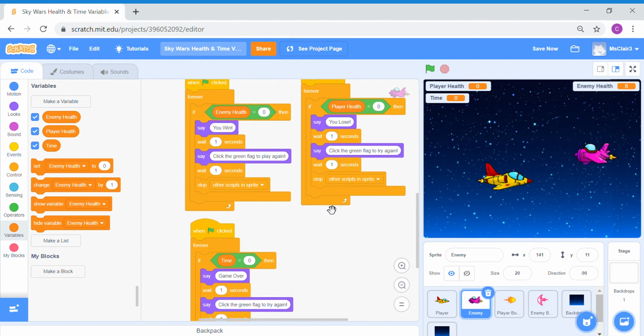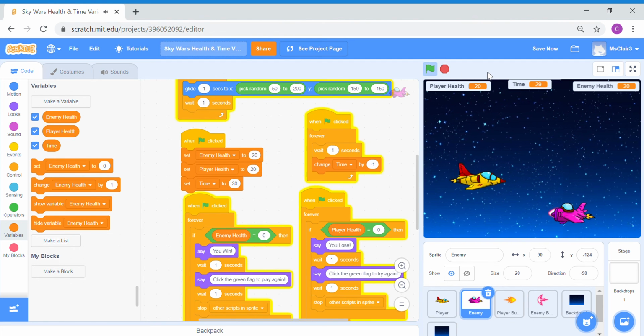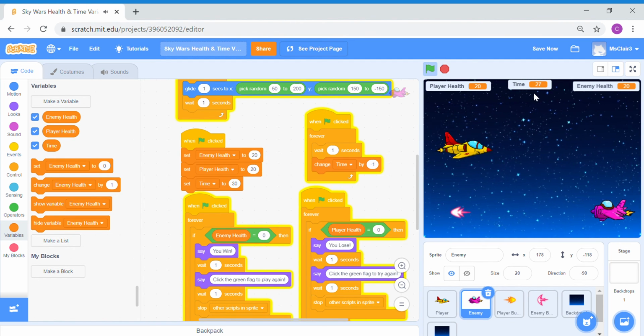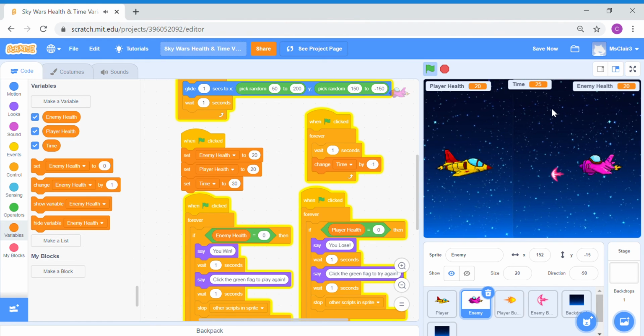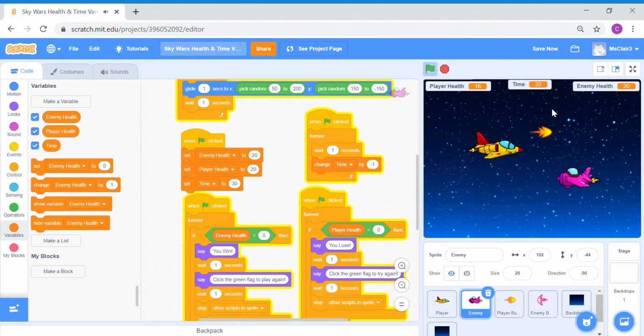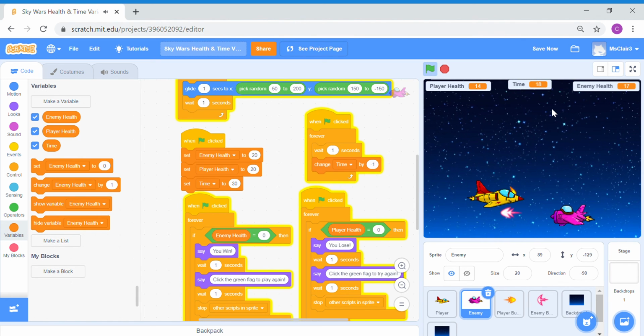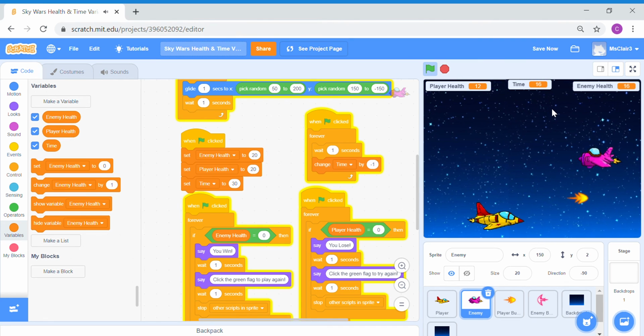So let's test this out. I'm just going to shift this time variable to be in the middle. Oh, so now it's even more competitive. We have a countdown timer to time the entire game. So you have to kill the enemy sprite within the allocated time. And this is what you can do to increase the